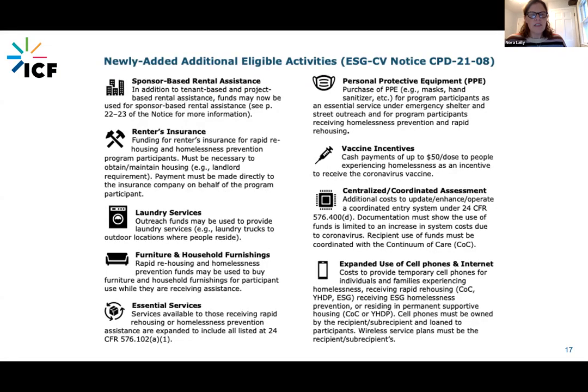The new notices also expanded the scope of services that could be provided in rapid rehousing and homelessness prevention. Previously, there were still services allowable, but they were really specific to housing-related services.